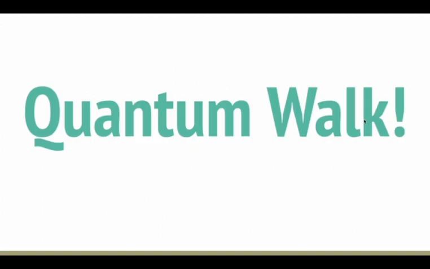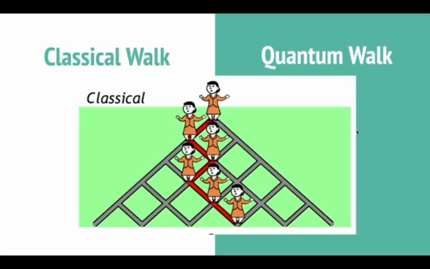Okay, with these ideas in mind, let's head right to the point of our main topic today, quantum walks, a type of random walks that follows the laws of quantum mechanics. To understand this concept, let's consider a very simple example. Suppose you're standing on a grid and you can move either left, right, up, or down. In a classic random walk, you'll randomly choose a direction and move to that spot.